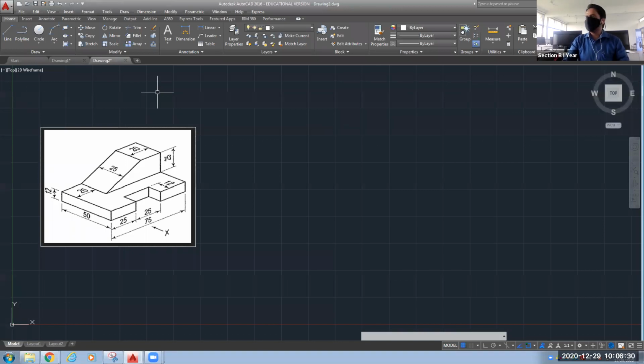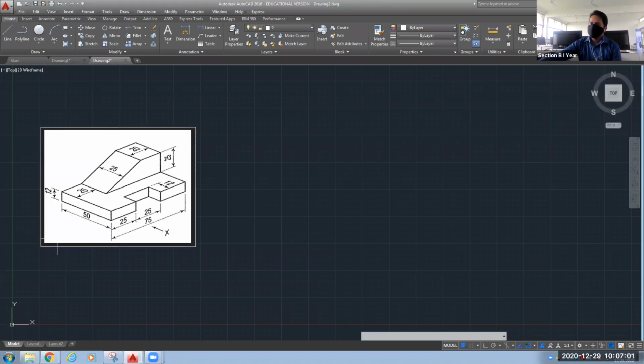Whenever a front view is specified with a reference line, then the top view, that is your orthographic projection. Whenever the word orthographic comes, it should be in your mind that different views will be drawn, like front view, top view, side view. If you have 3D geometry like what you see on your computer screen, this is your isometric view.